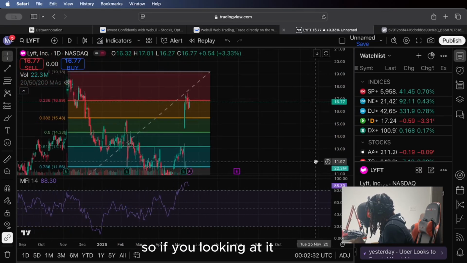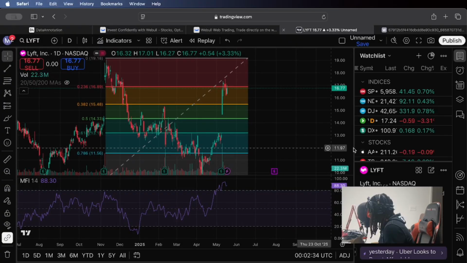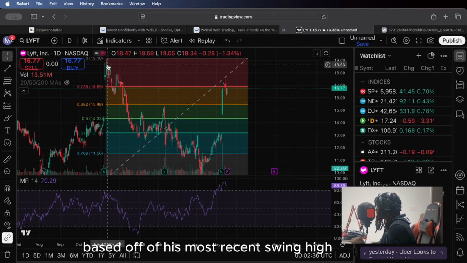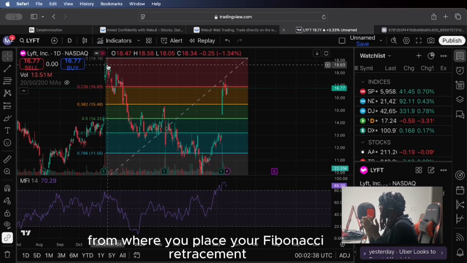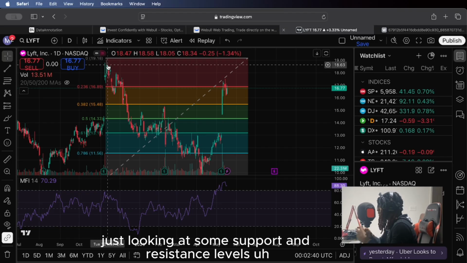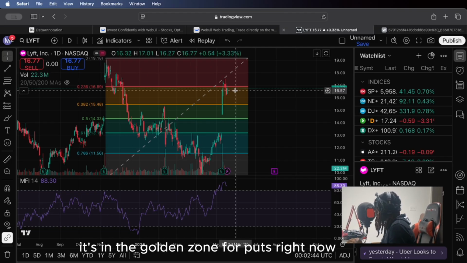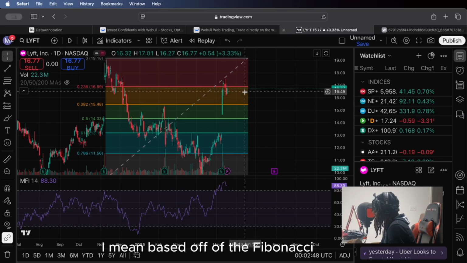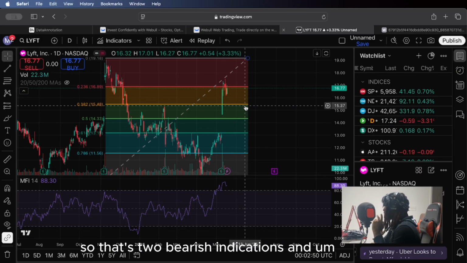So if you're looking at it based off of its most recent swing high, from where you place your Fibonacci retracement, just looking at some support and resistance levels, it's in a golden zone for puts right now. I mean, based off of the Fibonacci, so that's two bearish indications. And